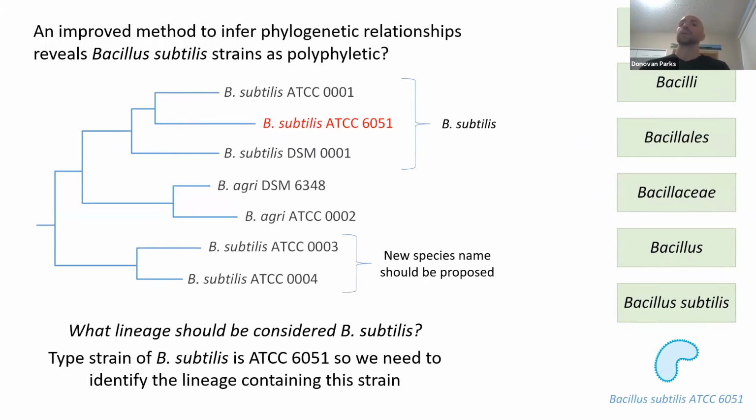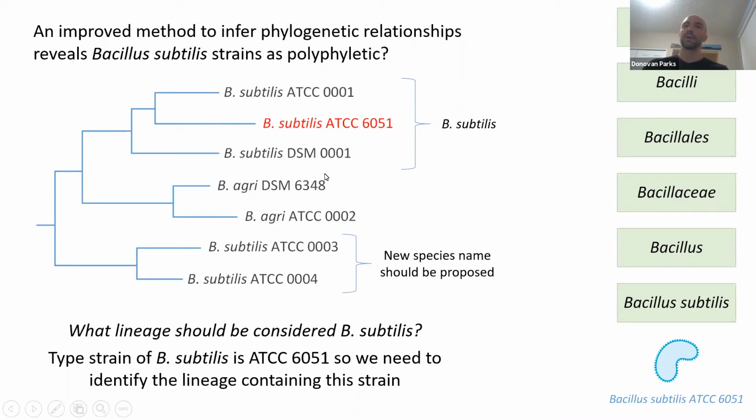This is another example. This is more of a hypothetical example. Let's imagine there is a new method that comes out for inferring phylogenetic relationships. We believe it to be far superior to methods that we've currently been using. So we go in and we explore the phylogenetic relationship between a bunch of Bacillus strains, and lo and behold,